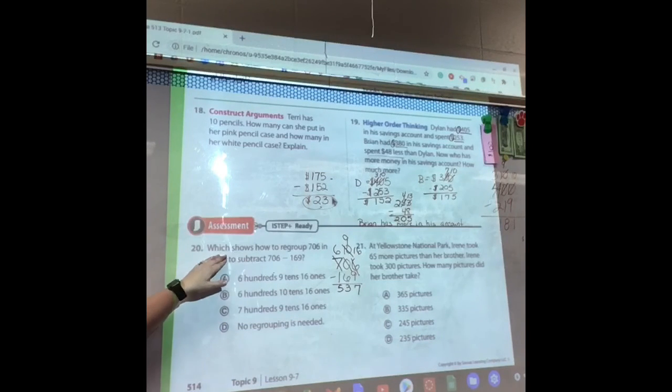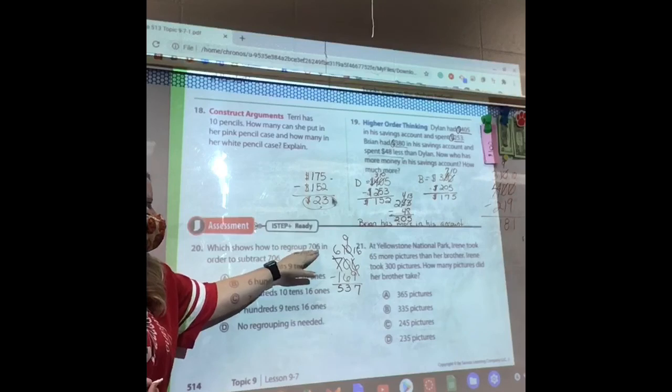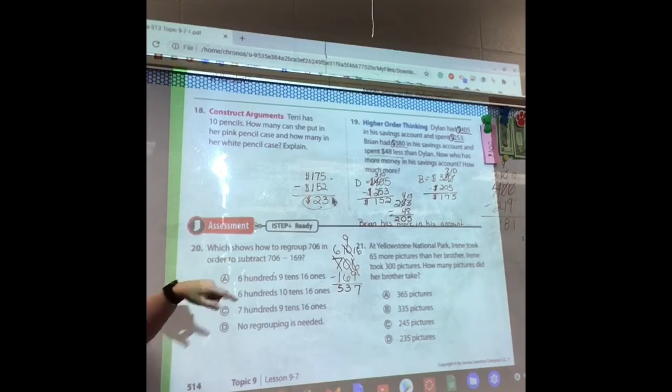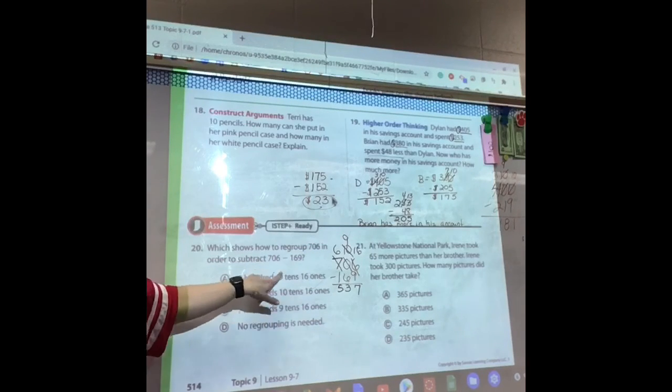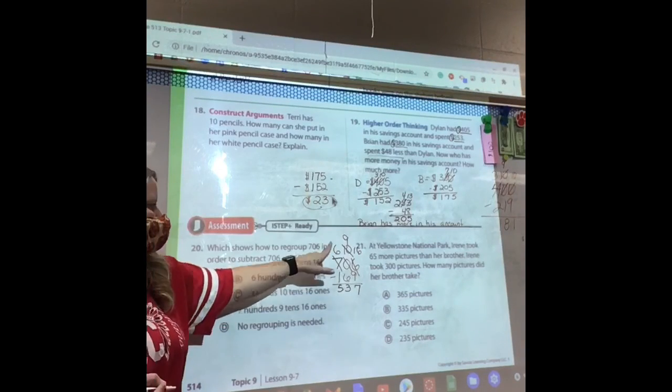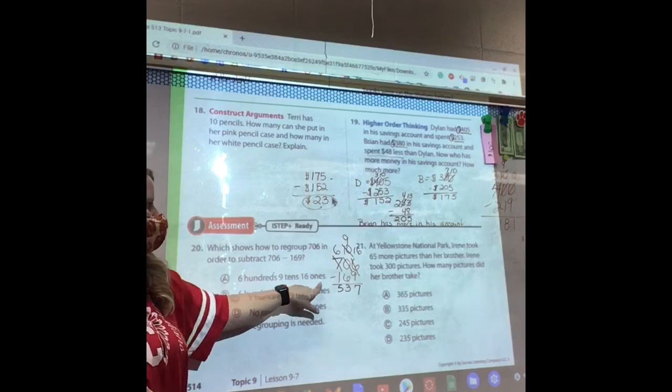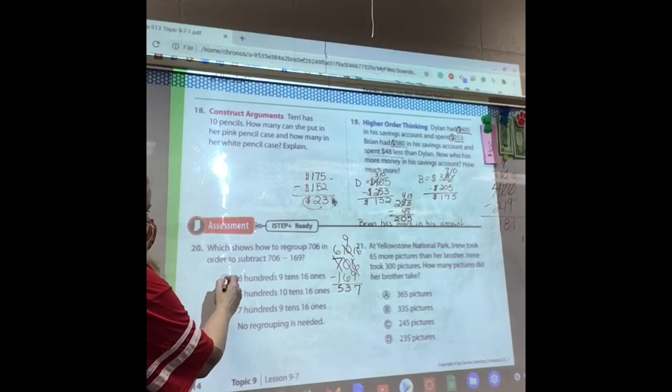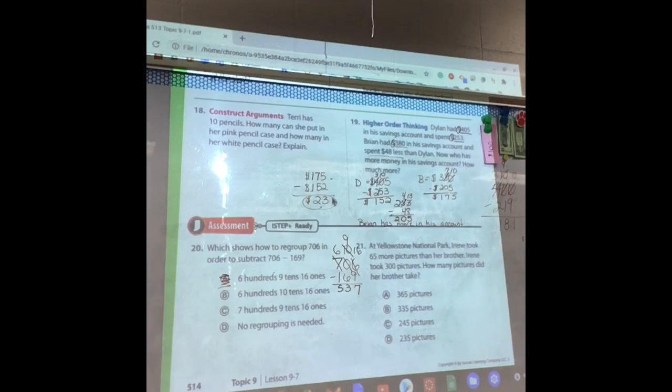Let me read it first. Which shows how to regroup 706 in order to subtract. Okay, so did I have to have 600s? Yes. Do I have to have 9 tens? Yes. And 16 ones. Yes. First one. All right. Now, it doesn't say